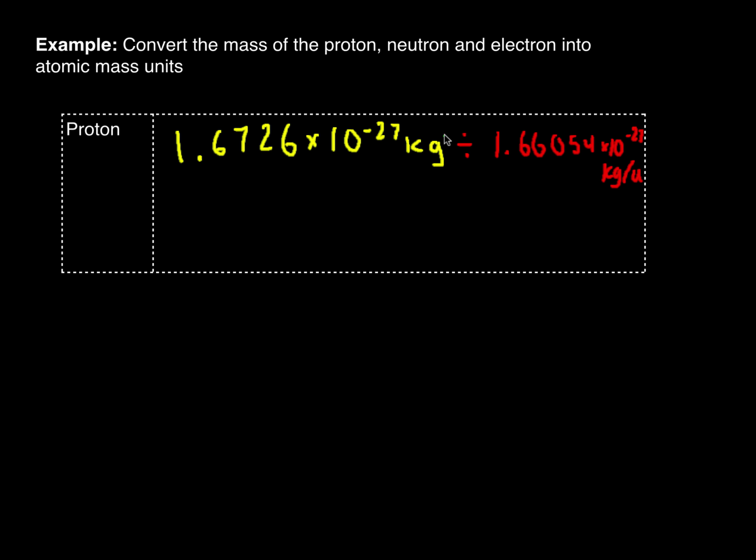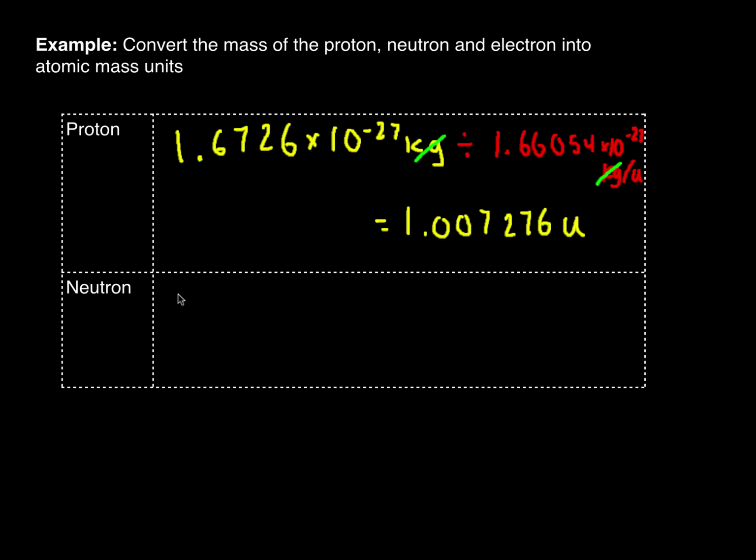This allows us to cancel out the kilogram and leaves us with atomic mass units. This gives us 1.007276 atomic mass units for the proton. The neutron is